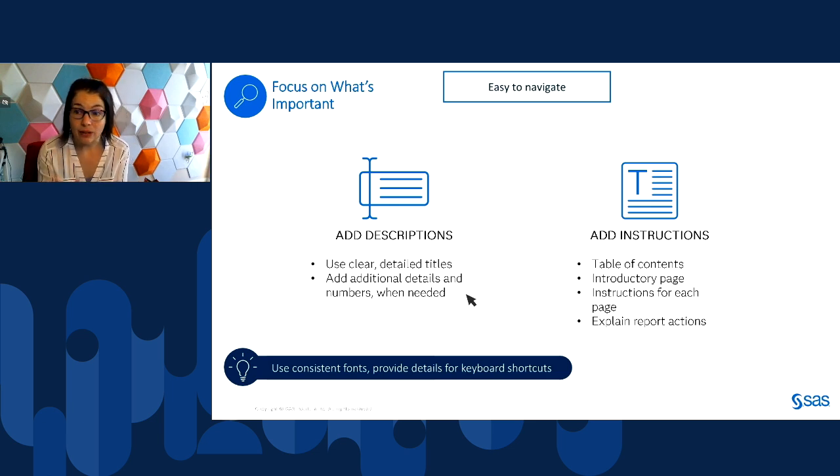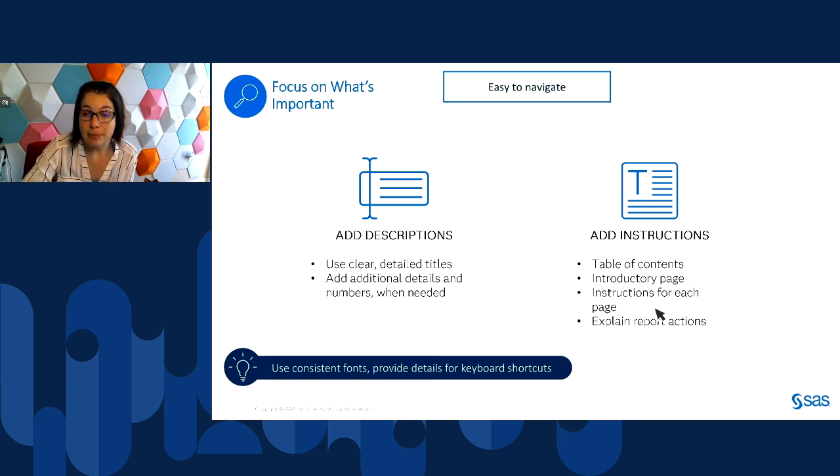One of the things that we recommend for accessibility and for different audiences is if you have a very complex graph, you can add the same information in an easier to understand graph, like a list table or a bar chart. So that's a great way to add additional details. In addition, you should always add instructions. I'm a big proponent of this. You can do this by adding a table of contents or an introductory page to your report to describe what the viewer should expect when viewing the report.